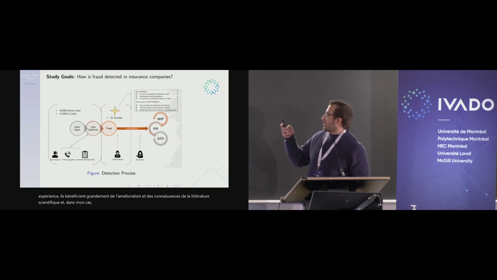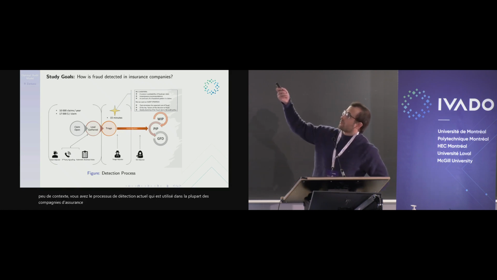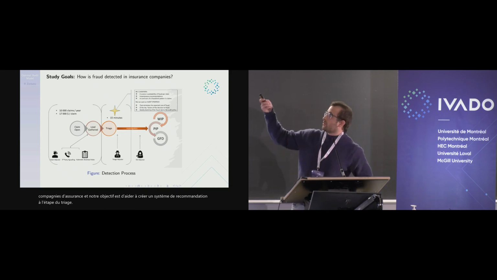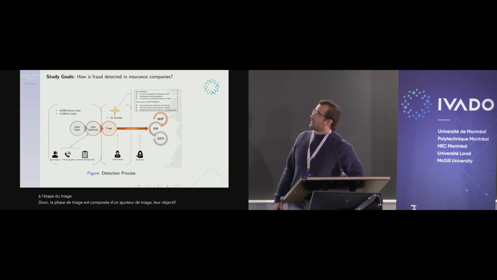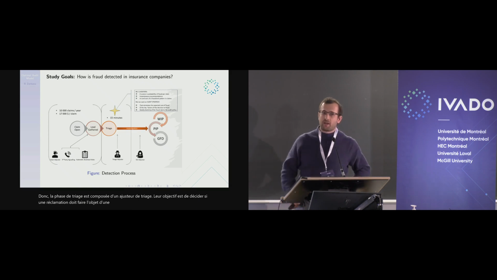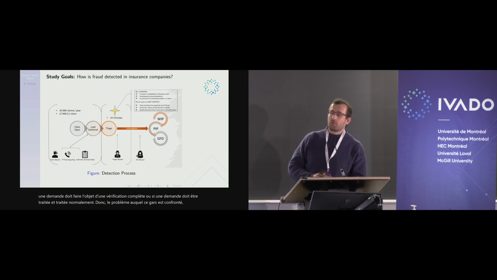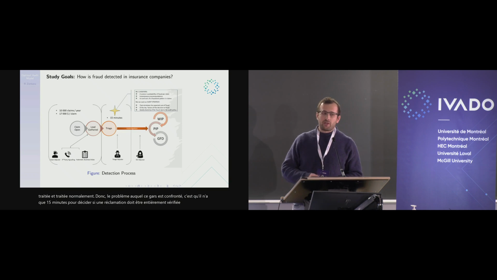So just to give you a bit of context, you have the current detection process that is used in most insurance companies, and our goal is to help create a recommendation system in the triage phase. So the triage phase is composed of triage adjusters. Their goal is to decide if a claim should be fully audited or if a claim should be processed back and be treated normally. The problem that those guys face is they have only 15 minutes to decide if a claim should be fully audited or not,